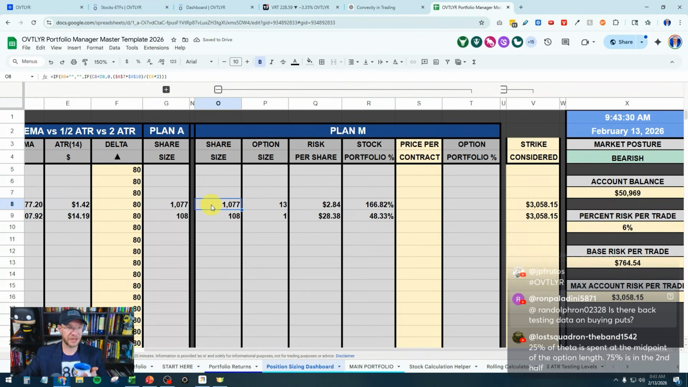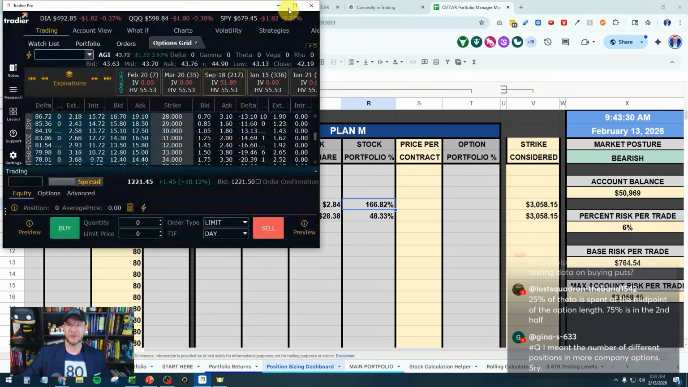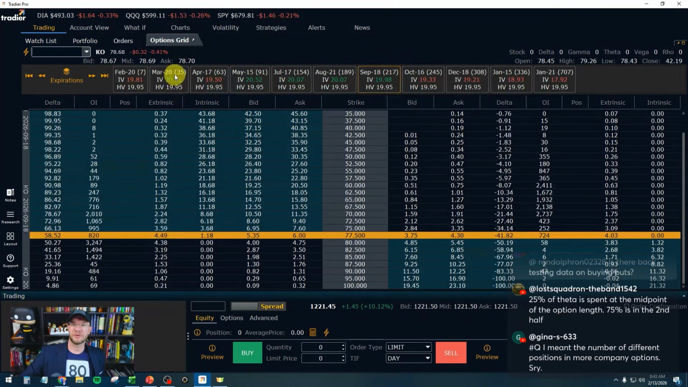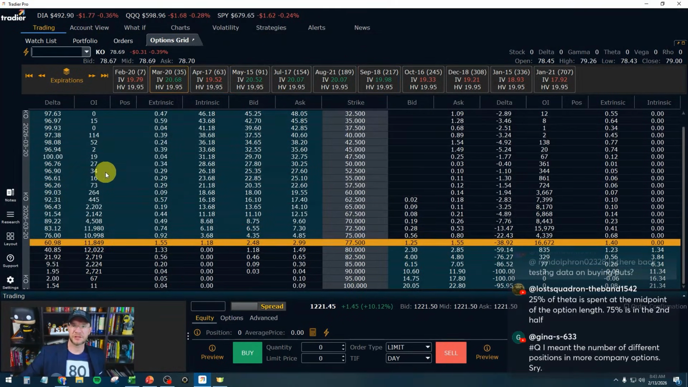Okay. Now here's the other thing too. If I wanted to take that amount of risk in Coca-Cola, that'd be 166% of my portfolio. I mean, I could do that on margin, but that's literally my entire portfolio plus 66% on margin. That's a lot. How about we go to the Coke options chain? Let's go here, Coke. And let's go to the March, and let's go for like the 80 delta where there's